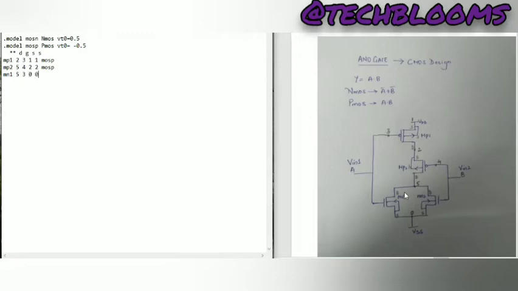My model name for NMOS is MOSN, so I need to paste it here. Similarly MN2: my drain is again 5, gate is 4, and the source and substrate are 0, 0.